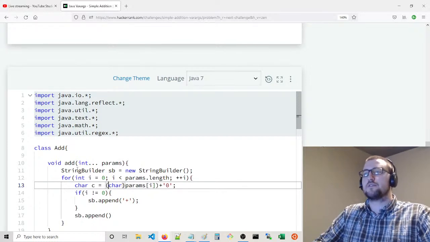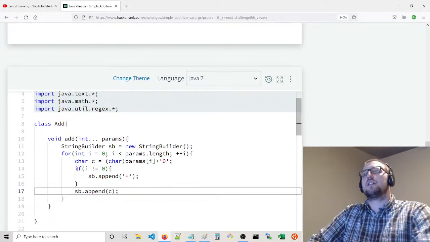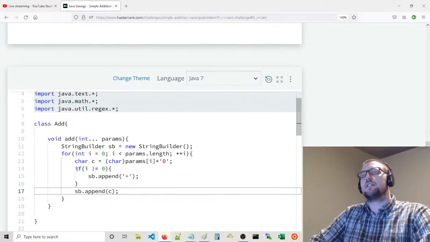I think this works. Convert the integer to a character by adding 0 to it. Or is it the other way around? I think it's the other way around. I'm not sure exactly how this works. We could try this way. I think before I had to enclose these in parentheses. Yes, we add c, and then